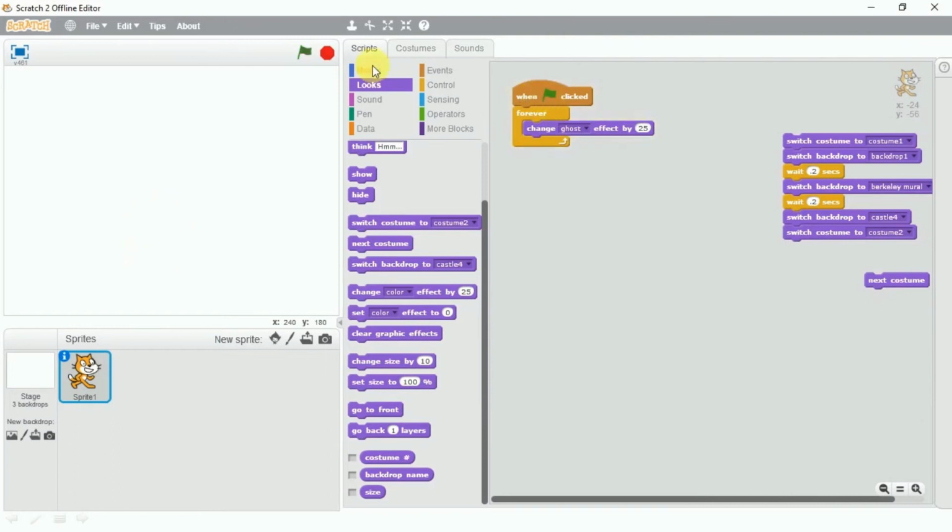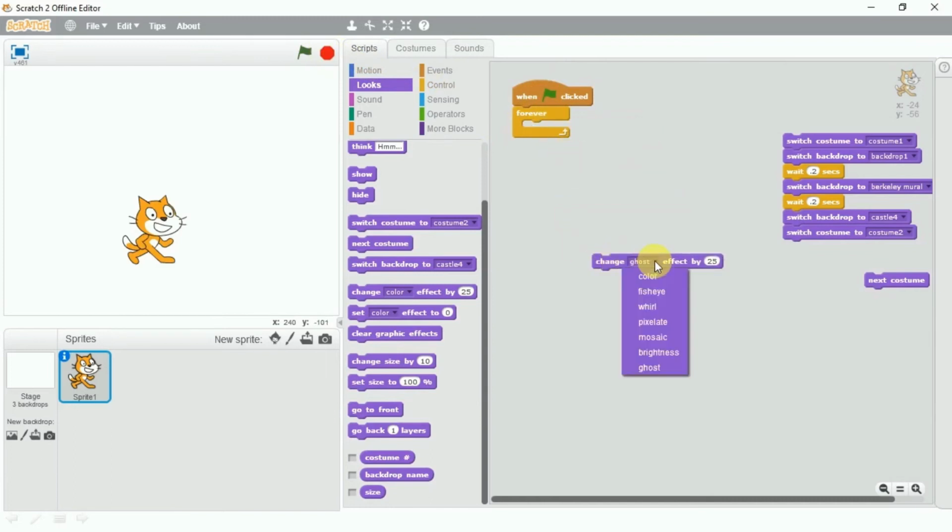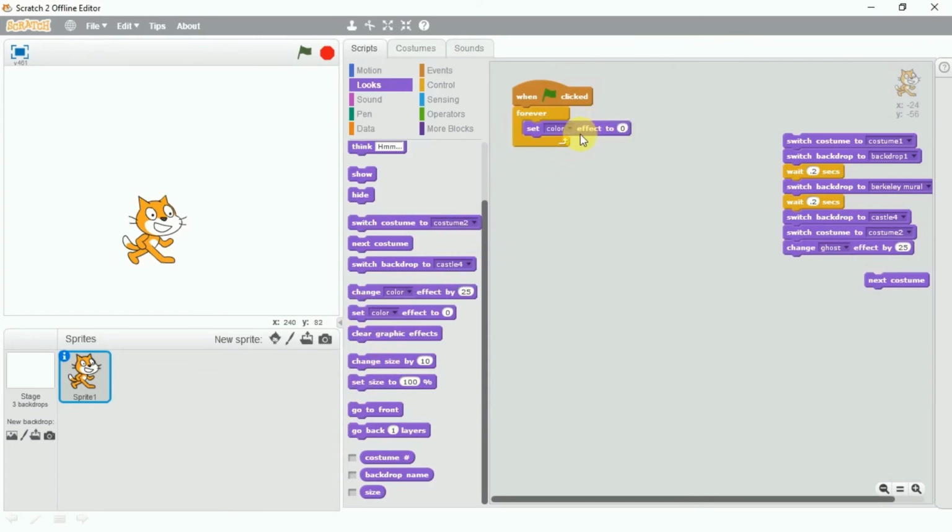It's almost similar. So now you understood, if we want to change the effects, all these 6 effects, to some percentage, we can change using this block. Now the next is set the effects. So all the 6 effects that we just saw here, this option would change it and this option would set it. If we want to fix the color, if we want to fix the other effects to some percentage, we can use it.